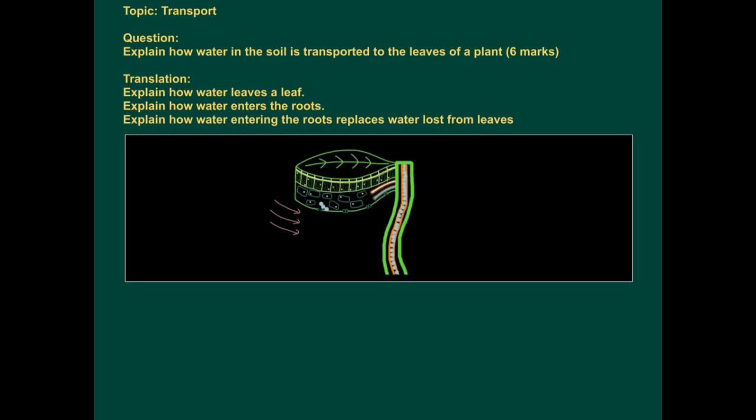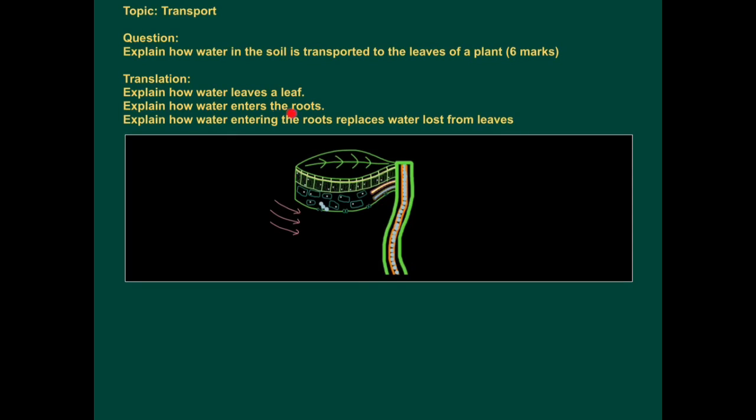This exam application tutorial is on the topic of transport. The question is, explain how water in the soil is transported to the leaves of a plant. 6 marks. This is actually quite an easy question, but if you don't get the start right, it becomes very fiddly. So the 3 areas you need to divide your answer into are, firstly, explain how water leaves a leaf,